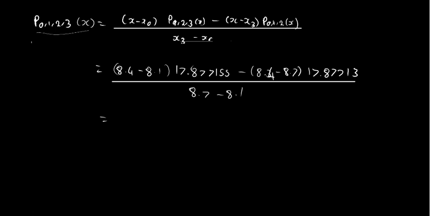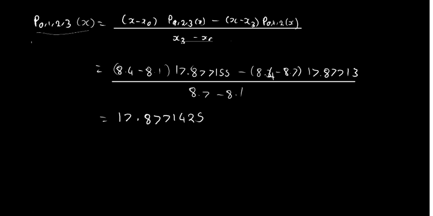Then we multiply that minus open brackets negative 0.3 times 17.87713, then divided by 0.6, which will then give us 17.877145. And what you notice is that this is the same answer we got in the Lagrange polynomial, which should